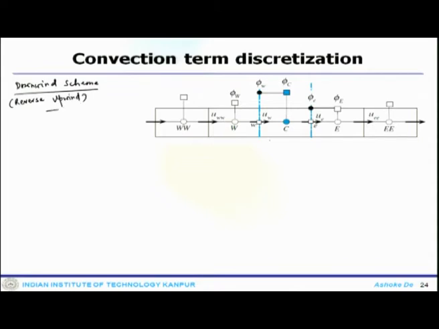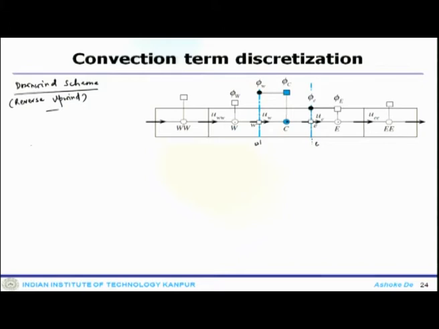One can think of this essentially as a reverse upwind scheme, and we consider this particular stencil as we have done before. This is our point of interest, element number C, and we have E, W, and the fluxes at the faces. This is the west face and this is the east face of the element. The primary concern is how one evaluates the fluxes at the faces.